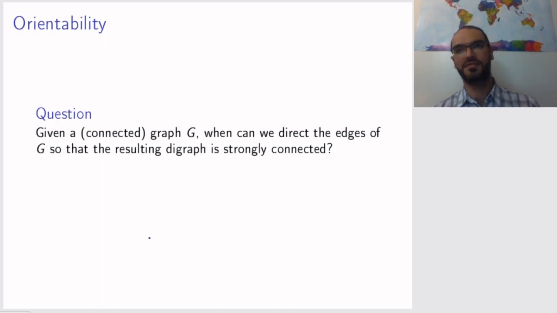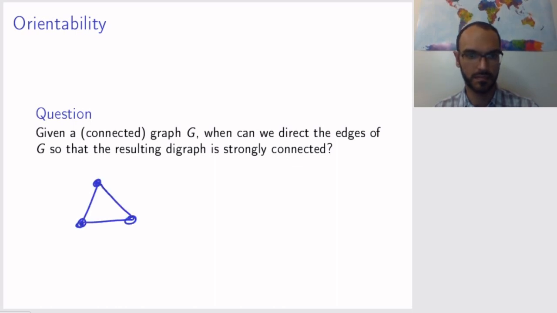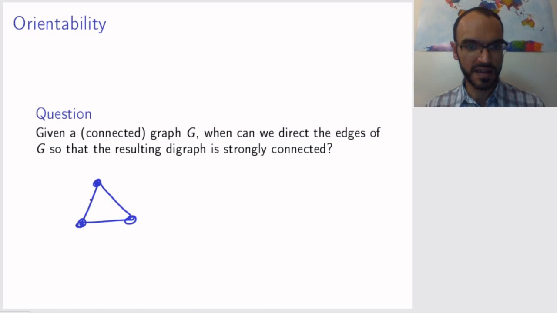With this, now we can ask a further question. Suppose I start with a graph, not a digraph, just a graph, and I ask the following question. Is there a way for me to put arrows on the edges so that the digraph that I create becomes strongly connected? In this case, I can, right? So I told you that if I do it this way,